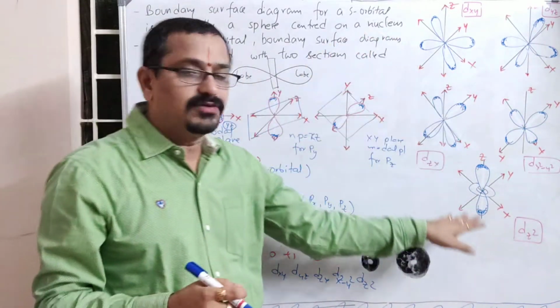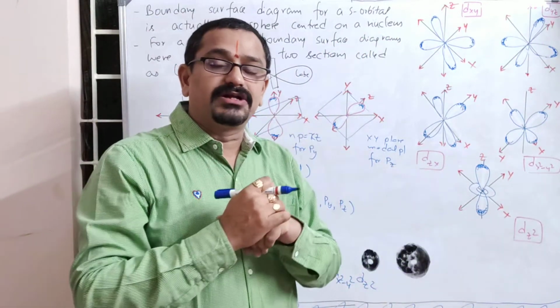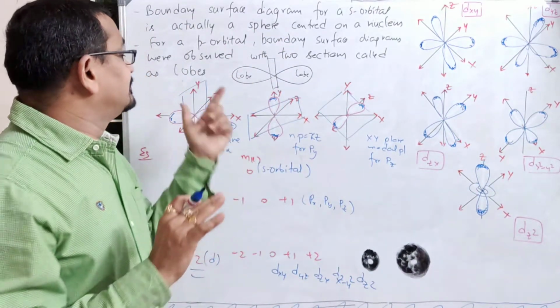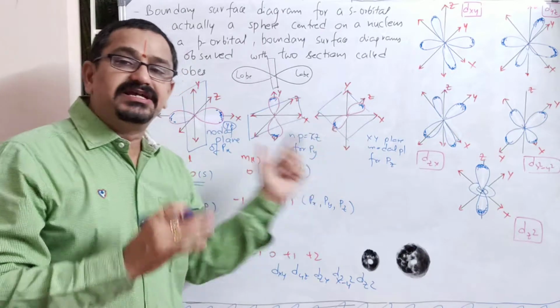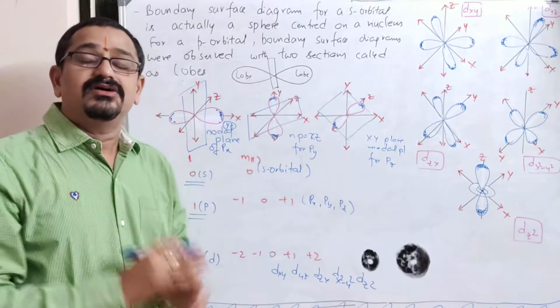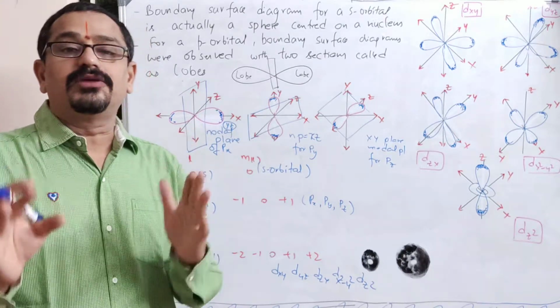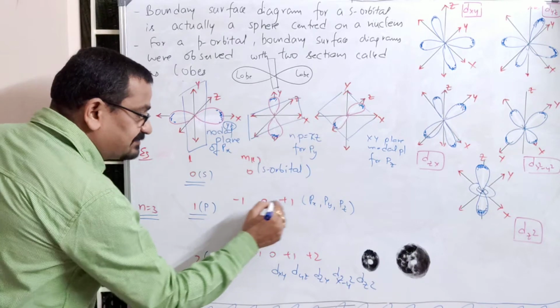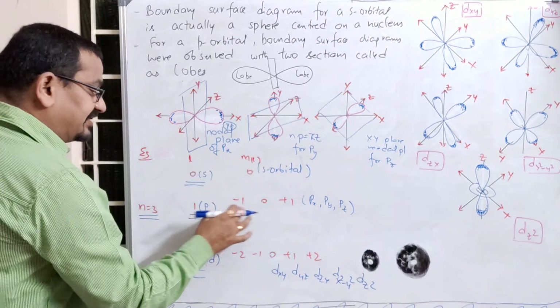What are these 5 orbitals called? Degenerate orbitals. Orbitals having the same energy were termed degenerate orbitals. Similarly, px, py and pz under a given subshell are also observed as degenerate orbitals. What are degenerate orbitals? Orbitals having the same energy, because when you consider px, py, pz, suppose these 3 orbitals come under the third principal quantum number and